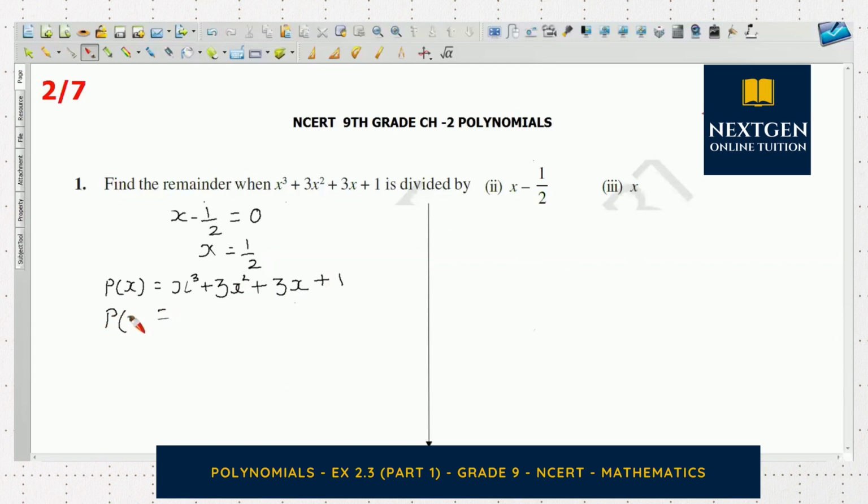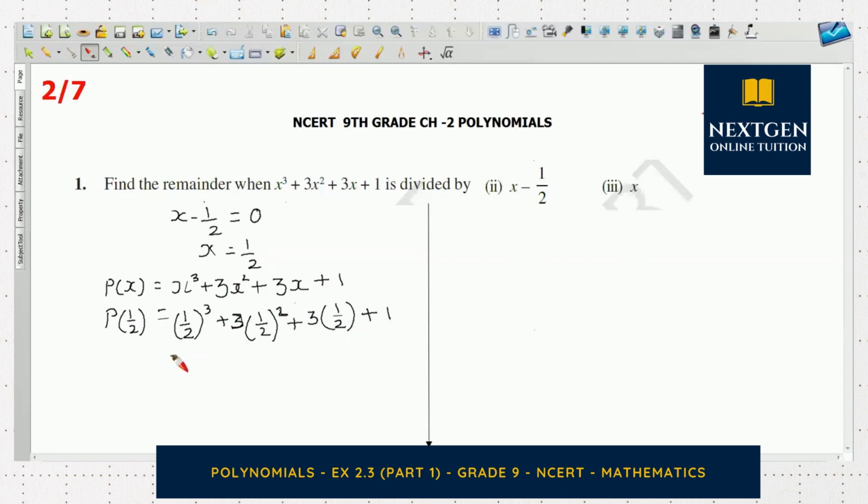Now p of, instead of x, I am putting 1 by 2. 1 by 2 the whole cube plus 3 into 1 by 2 the whole square plus 3 into 1 by 2